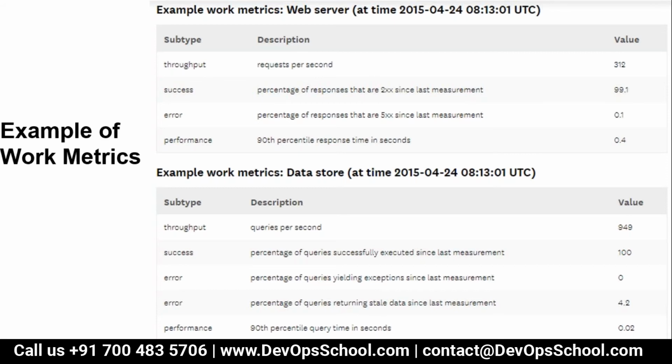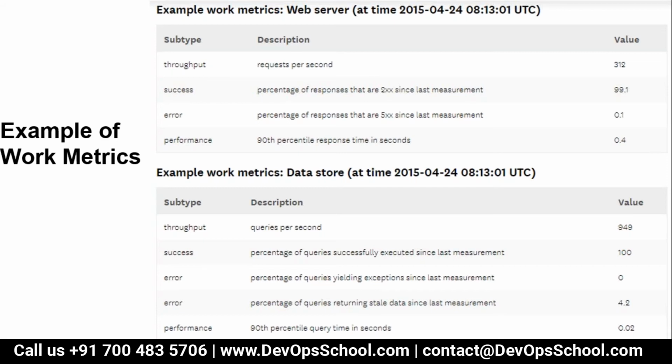What is the performance? Throughput is requests per second. Success is the percentage of responses that are successful, like 2xx, since the last measurement. Error means 3xx, 4xx, 5xx. And performance is also percentile: 90th, 95th, and 99th percentile.